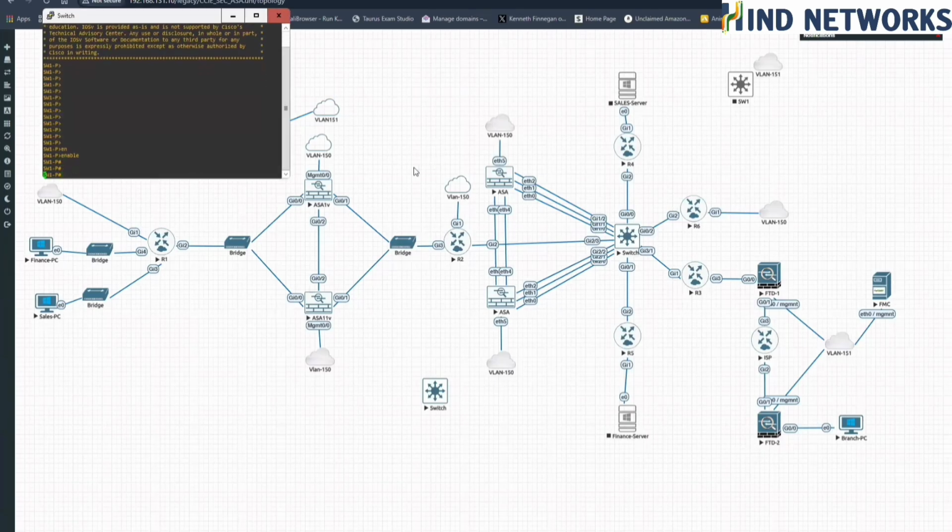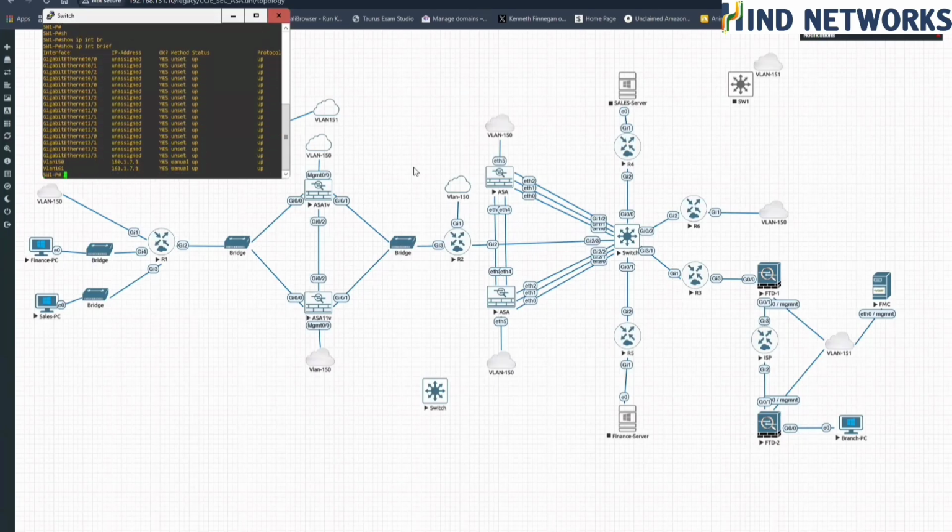My switch also has an IP address. I'm just remembering that. Okay, that's 7.1. That is my gateway for my management. So my management should be able to connect on one port, and I have not connected that cloud to that one port. But still, if I'm able to ping that,